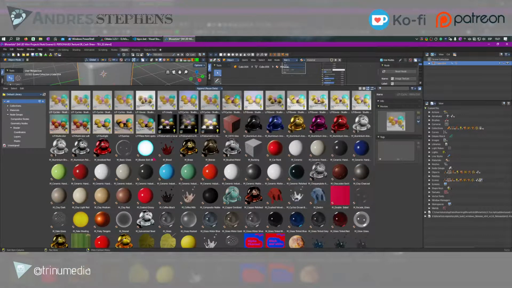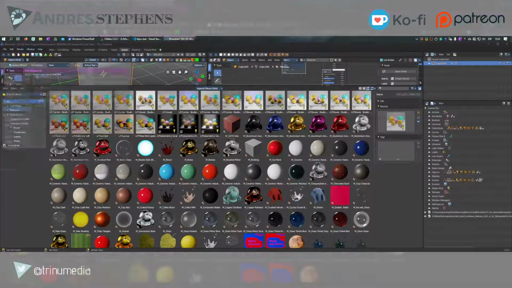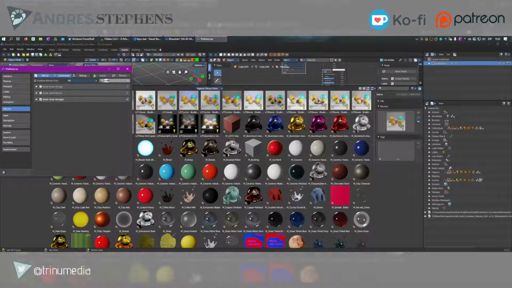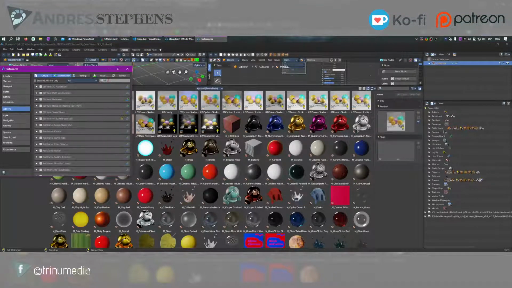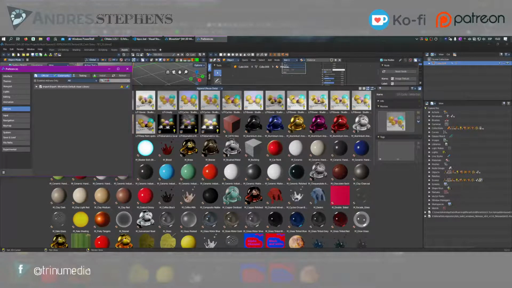Obviously this is just a first iteration, so basically it comes as an add-on. If you go into your user preferences, if you want to use this as an experiment, it is still experimental, but you can search for asset and then turn on the add-on Bforartists default asset library. Once it's on,